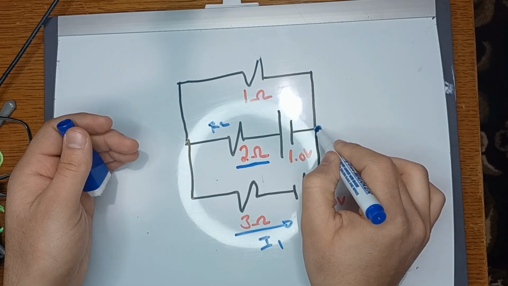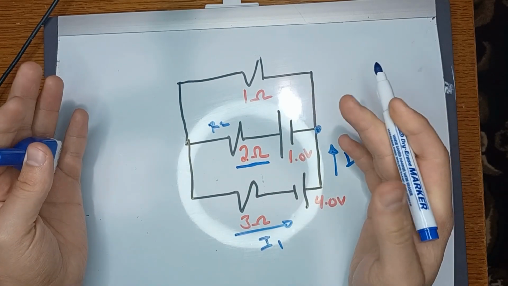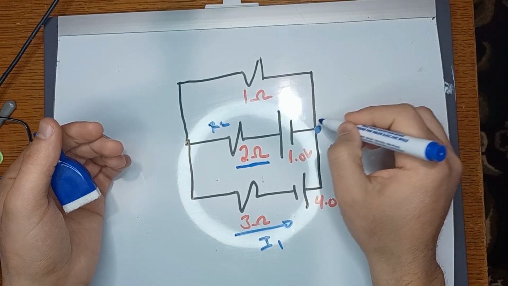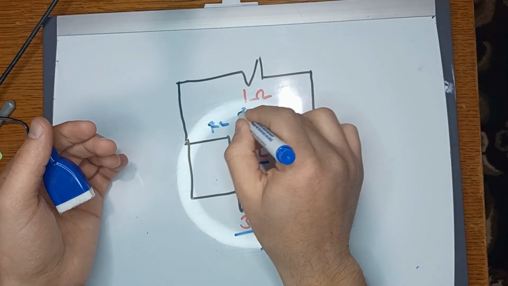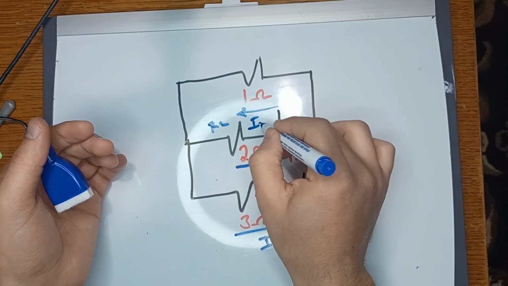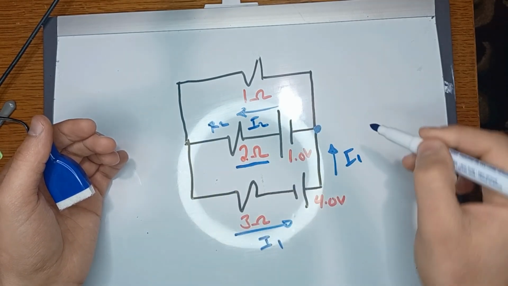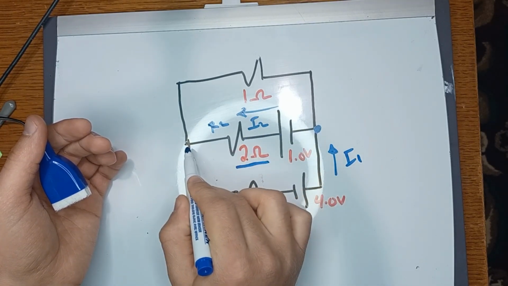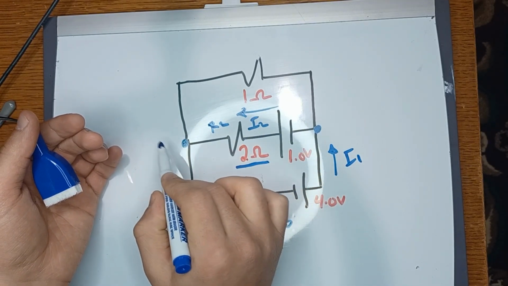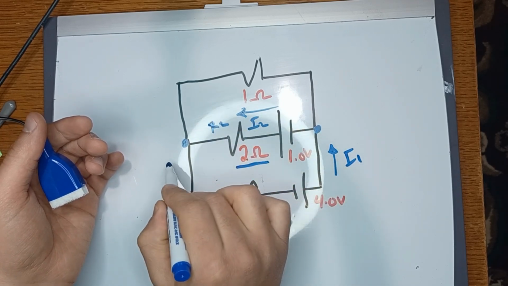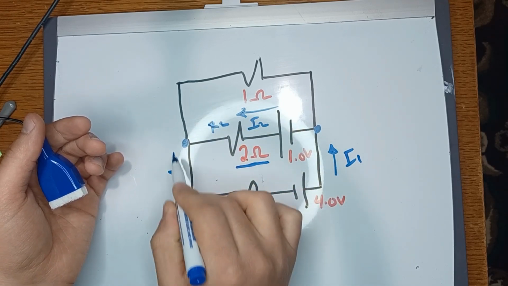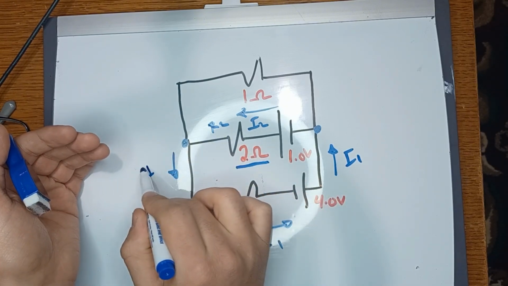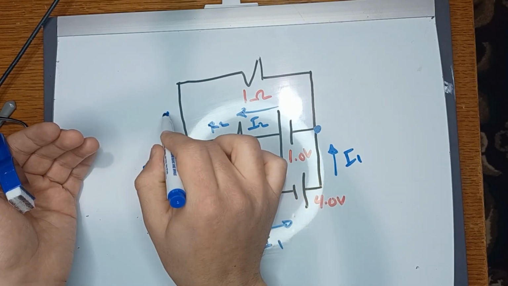And then when it gets to this junction, it will split. We would have three directions. So this would go this way. We'll call this I2 because it's going that way. And when this comes through this, it would hit this area, which is another junction, and it would split again. So when it splits, I2 splits into I1 again, and it goes this way